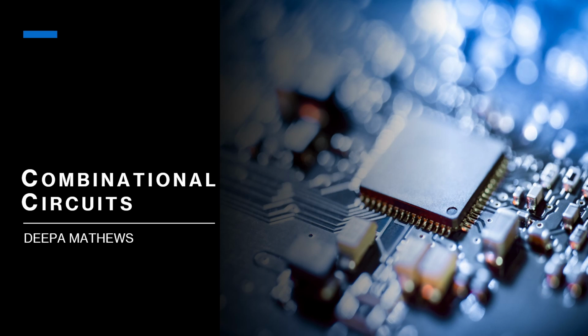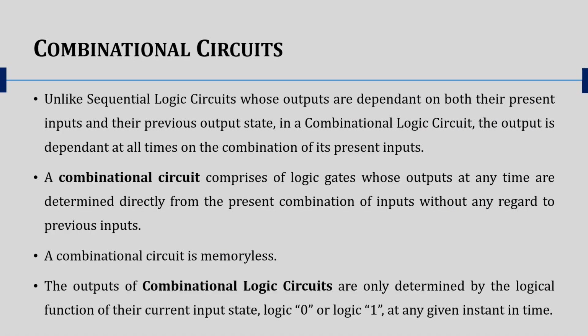Hello everyone. In this video, let us discuss the combinational circuits. The logic circuits can be either sequential logic circuits or combinational logic circuits. In a sequential logic circuit, the outputs are dependent on both their present input and the previous output state. Whereas in a combinational logic circuit, the output is dependent at all times only on the combination of its present